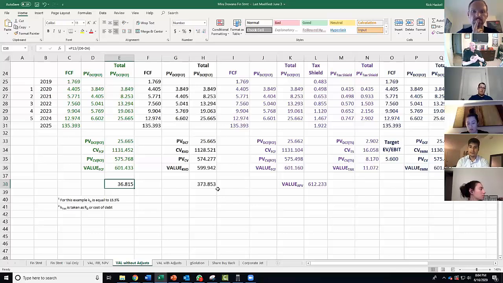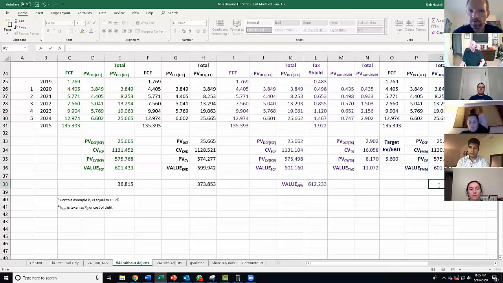Now let's think about this with respect to a multiple. I'm just going to put a number here. Let's assume that for whatever reason, I believe this company can have a multiple of 5.6. Now we know already that we observed a multiple of 3.09 in the base year. So if I'm saying I think we're going to have a multiple of 5.6, one of three things must be accurate.